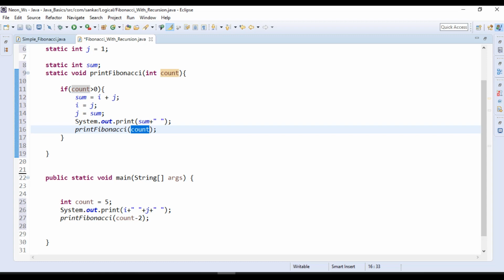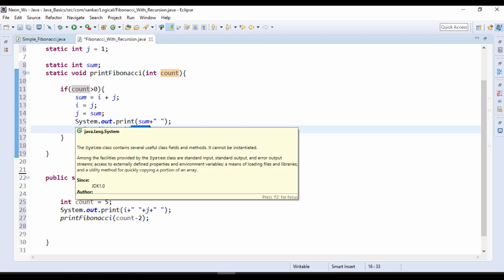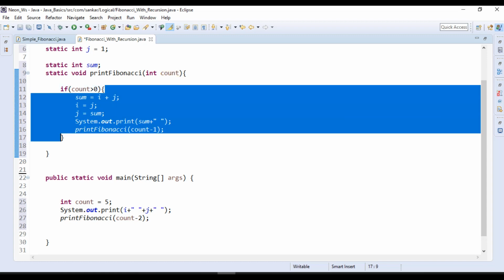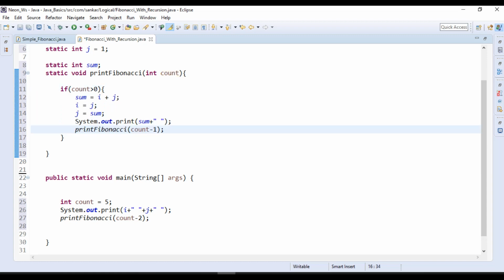But the count value will still be 3 and it will be called again and again, infinite times. So we need to reduce this count value. Every time it goes inside the if, I reduce it by 1, then the count value is automatically reduced.